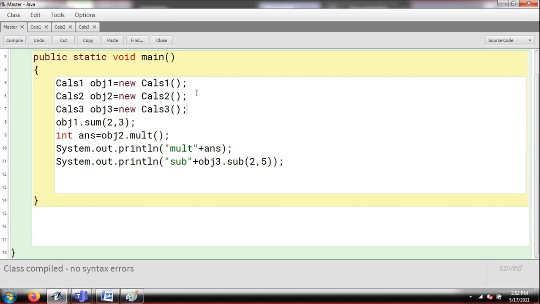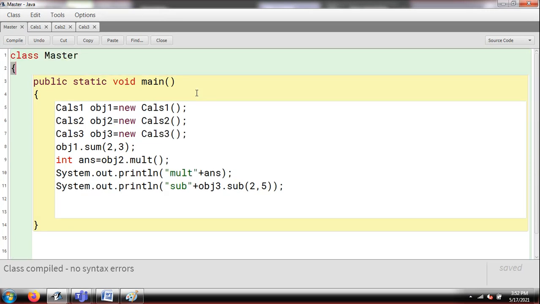So guys, this is all about, in this session, I've explained how you can use different functions, how you can create objects of different classes, how you can call functions, how you can give values to the function, and how a constructor can be called, how you can define a constructor and use it. So this is all about calling or using functions of different classes by creating the object of a class, guys. So you need to practice, then only you will be able to understand my next class. So thank you so much.